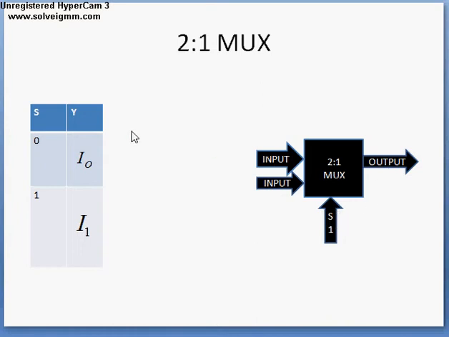Now coming to the truth table of this 2:1 multiplexer. When the select line is 0, the input I0 is routed to the output, and when the select line is 1, the input I1 is routed to the output. From here you can easily calculate the equation for y, that is the output. That is y is equal to s bar and I0